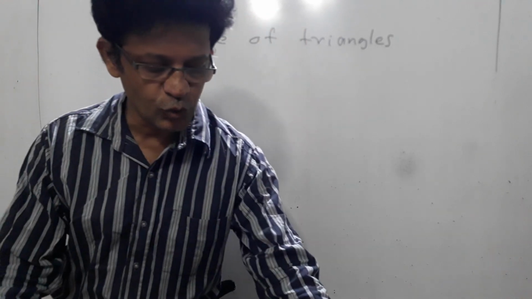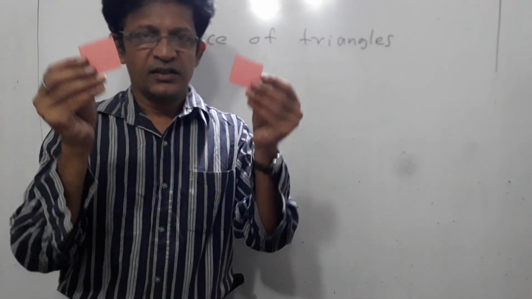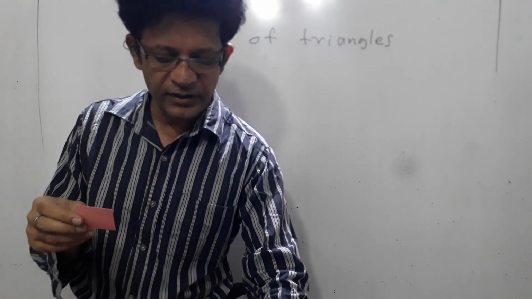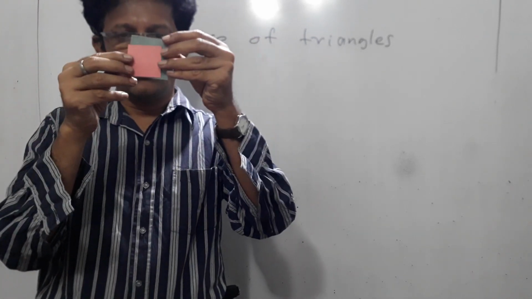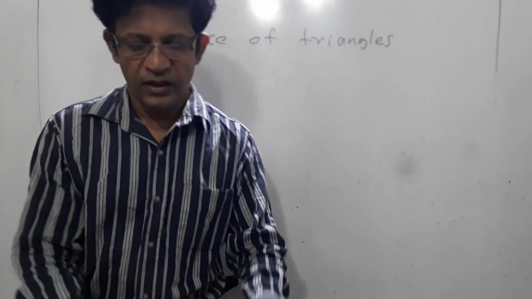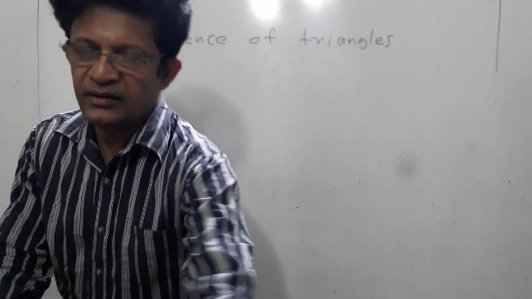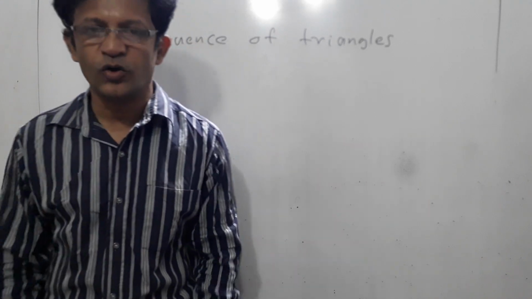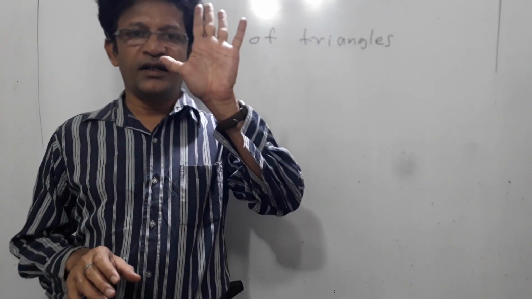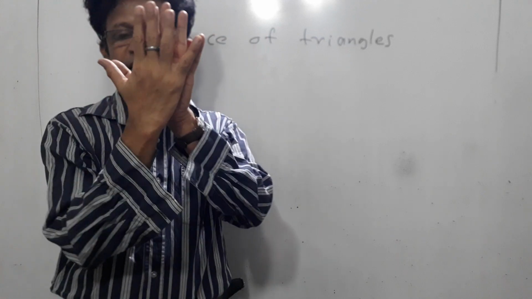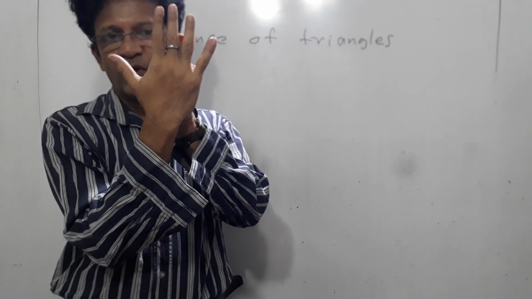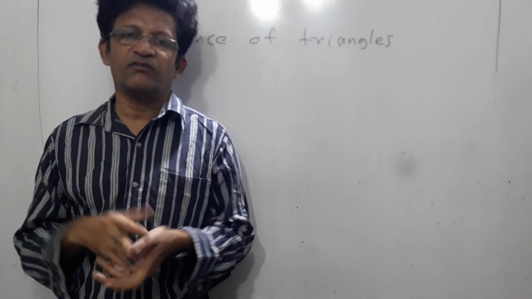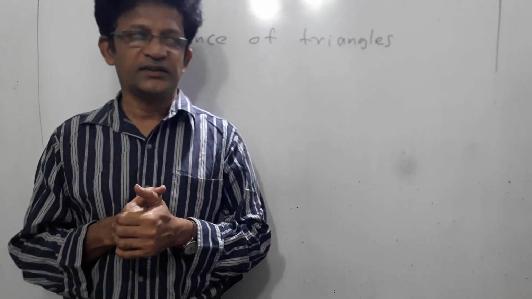Now if I take these two squares here, these are congruent. Same size and same shape. But if I take these two squares, is it congruent? No. Clear? Now if I take this rectangle and this one, is it congruent? No. Now you can understand what is congruence. If I take my left hand palm and right hand palm, I can keep one on top of the other. Then these two are congruent to each other. Now you can understand what are congruent figures and what are not congruent figures.